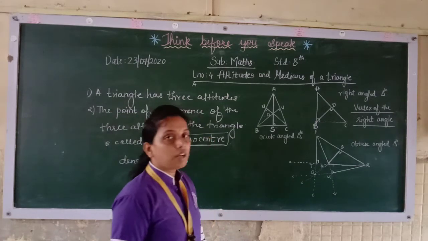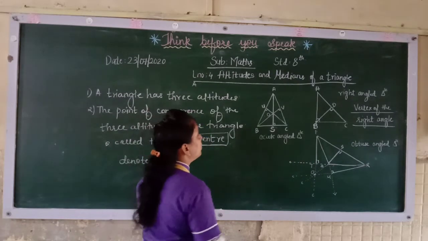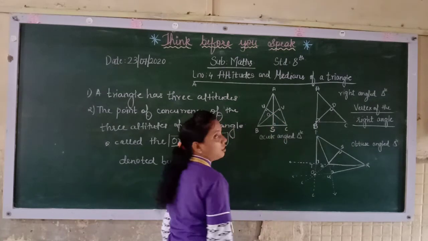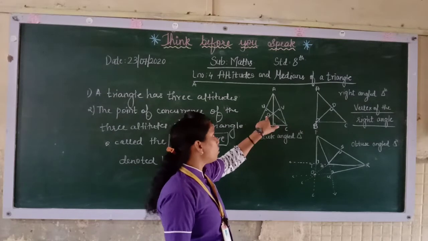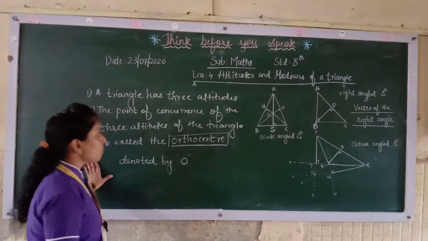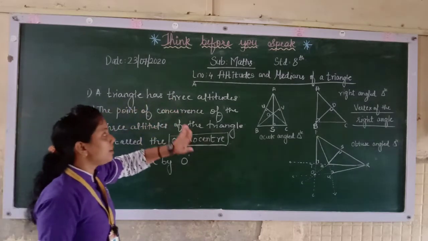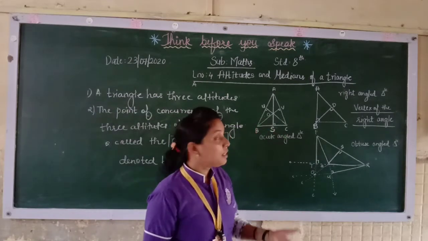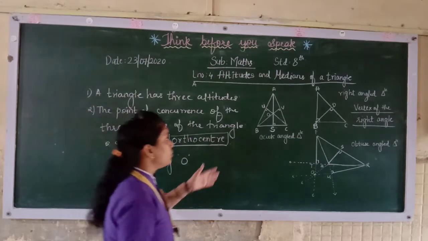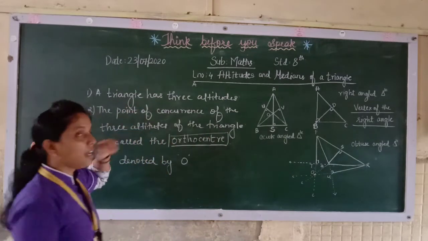Now this is the acute angle triangle. So remember, for acute angle triangle, the altitudes meet in the interior of the triangle. So the orthocenter here, O, is in the interior of the triangle. So remember, for altitudes, a triangle has three altitudes. Basically a triangle is a three-sided figure only, and you have three vertices. So when you are drawing, it will come three only. So there will be three altitudes.